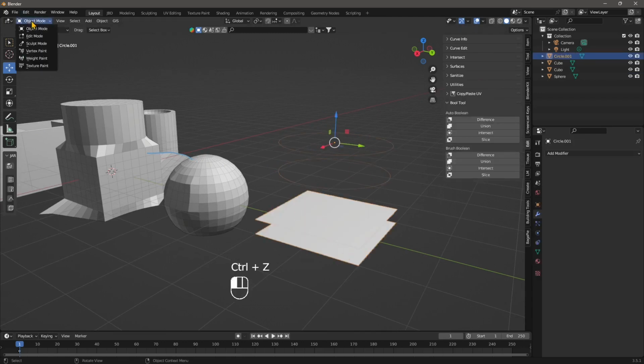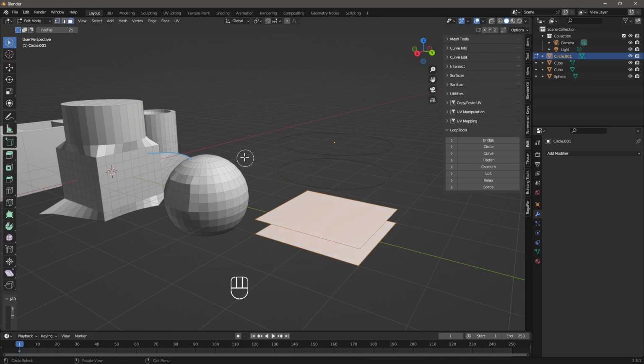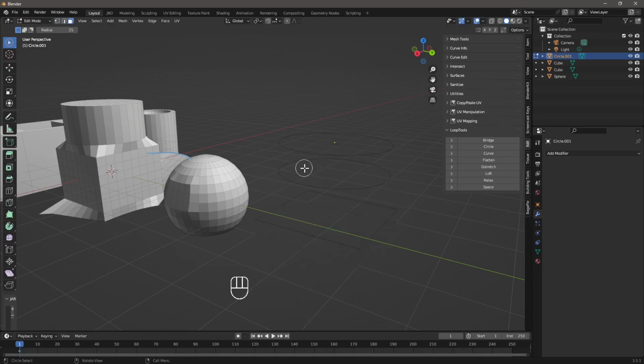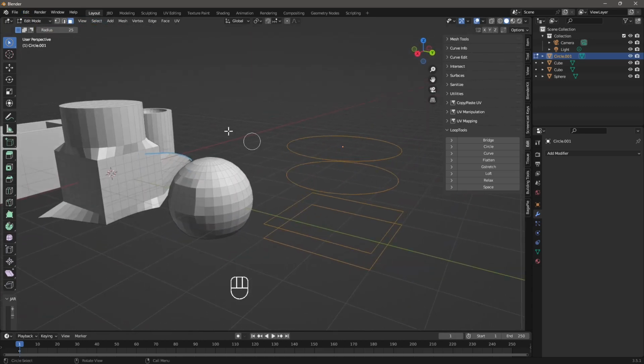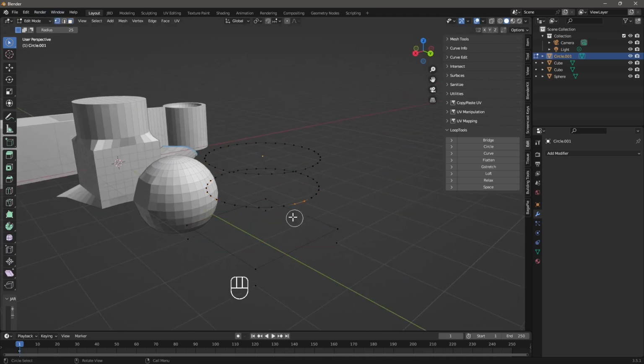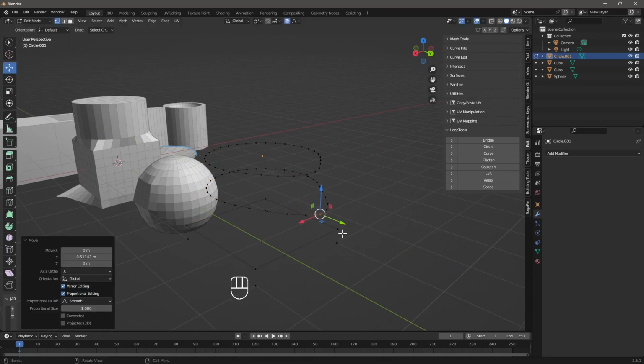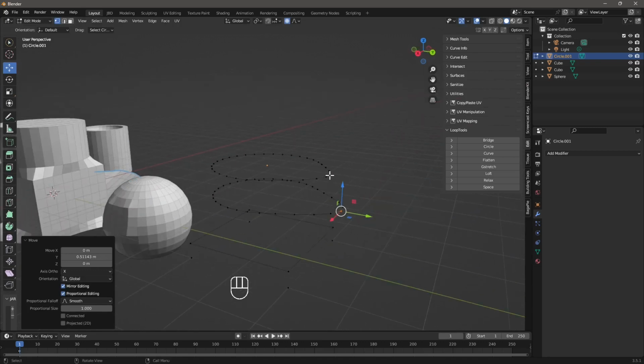And if you want to make things more clear, I can press X, delete, but I don't want to delete everything actually. So let's go to edit mode, and I want to only select these two faces, press X, and delete only the faces. So I'm going to leave the curves in there. So when I do select all, it's going to show me all the curves right now. And what I want to do is work with the points and do some variation here. For example, I can take this point, let's activate the proportional editing, and I want to move this to create something that is looking like